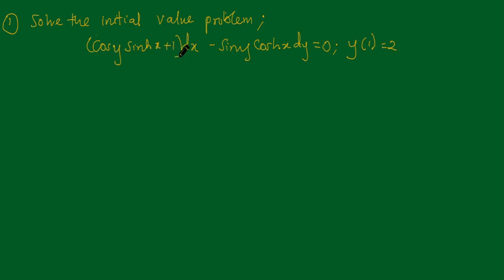So we're required to solve the initial value problem (cos y sin x + 1) dx - sin y cos x dy = 0, given that the value of y when x is equal to 1 is equal to 2. This is the condition that makes it an initial value problem, because we are given the state of the solution of the differential equation at an initial point, that is when x is equal to 1. So just like we've stated, we are going to be following the steps we have outlined